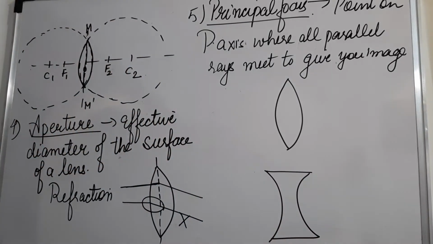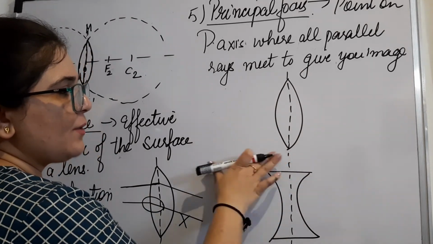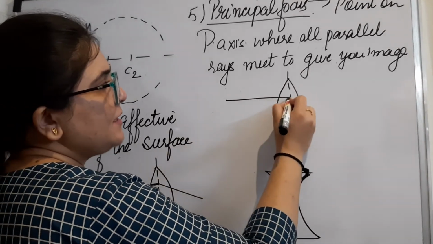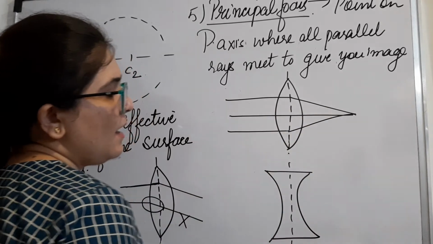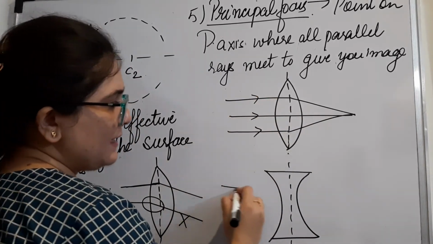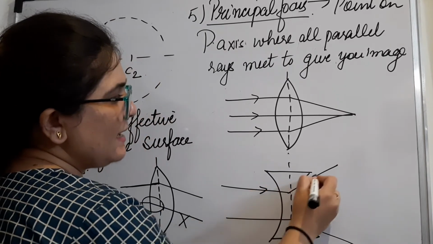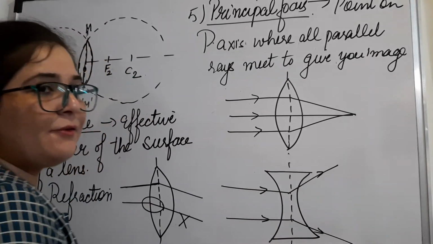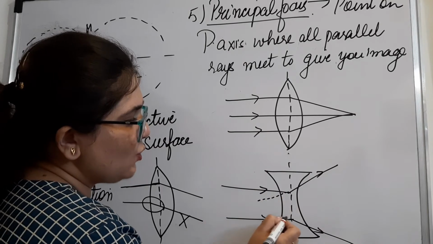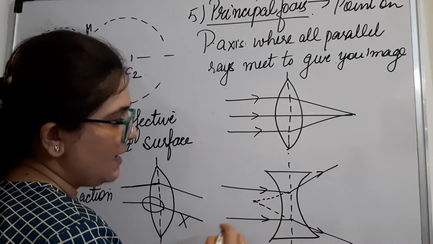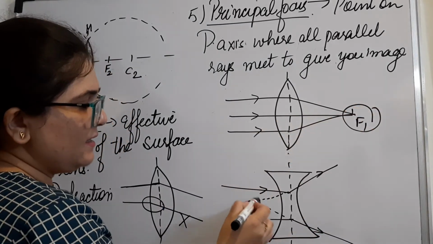Okay. Now we have to draw this aperture in both the lenses. So this is the aperture for both the lenses. Now here what is going to happen, because it is converging, the rays will come and meet at one point like this. And here in this case, the rays will come till the aperture and then it will diverge, because the basic nature of concave lens is diverging. So it is diverging like this. But when the rays diverge like this, what exactly do we do? We extend the rays in the backward direction so that somewhere here we get the image. So here in this case the focus is here, and here in this case the focus is here.